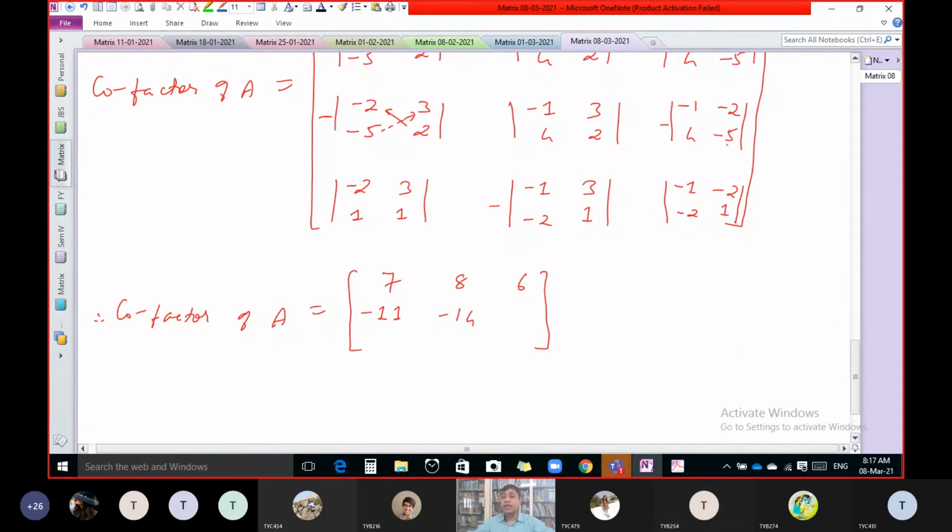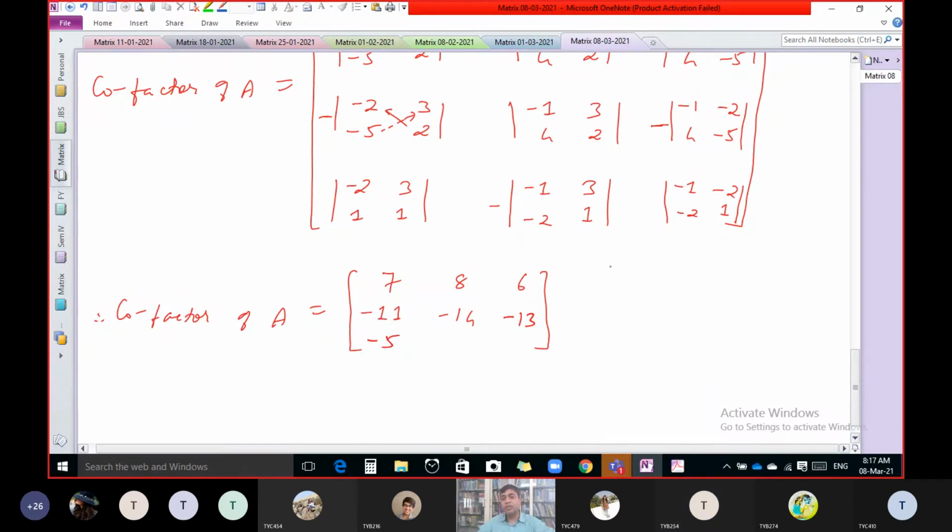Minus 13. Yes, it is. See, first of all, this multiplication is plus 5 and this is minus 8, but it is 5 minus minus 8. That means 5 plus 8, that means 13. But because of this minus sign, you have to write minus 13. Correct. Okay, now tell me for this. Minus 5. Correct. For this, minus 5. Correct. The final answer is minus 5.